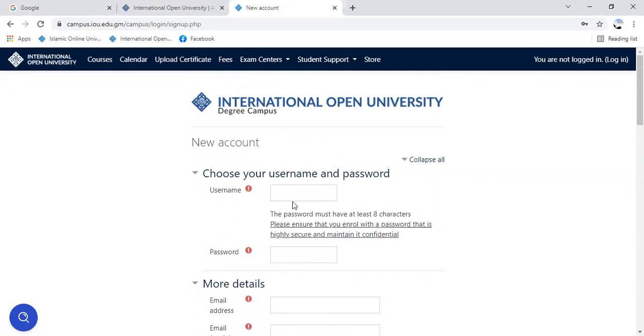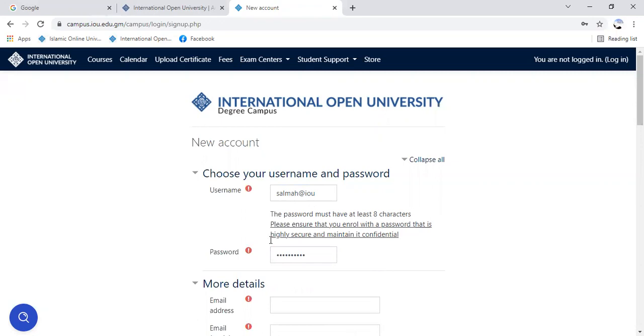So here you create a username and a password. I'm going to create a username now. And then you also create a password and ensure that the password is at least 8 characters.